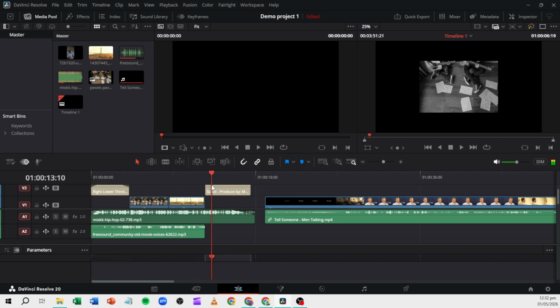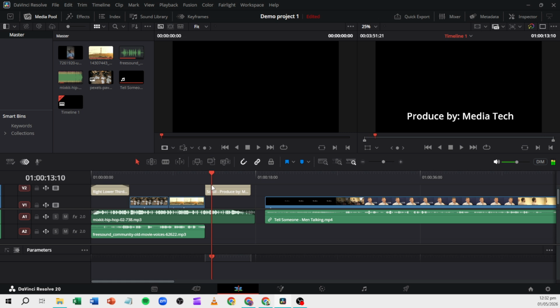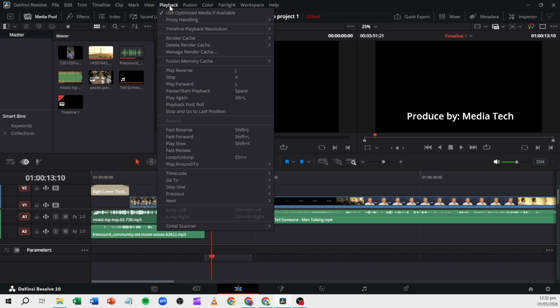If you prefer menus, or if a shortcut isn't behaving as expected, you can use the transport command from the top menu bar. Click Playback, hover over Go To, and choose Timeline Start. This does the same thing as the Home key and is helpful when you're working on a system where shortcuts are shared, remapped, or temporarily unavailable. It's also a good way to confirm the behavior you want, since the wording in the menu makes it crystal